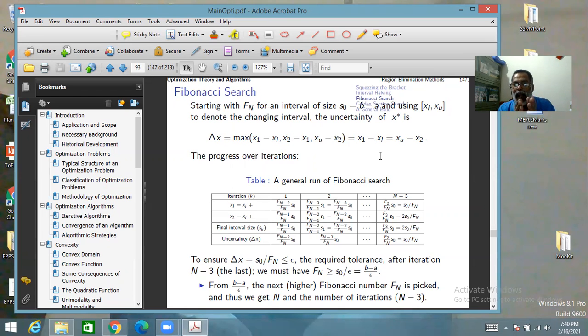So at any point, wherever you terminate, you get one of those points, X1 or X2, whichever one is the most recent one, and the maximum uncertainty that can be is this much on this side or this much on this side, right? So they are unequal. So one is the smaller one and the other one is either this or this. So this much is the uncertainty. So now if you can work out iteration by iteration, starting from Fn,